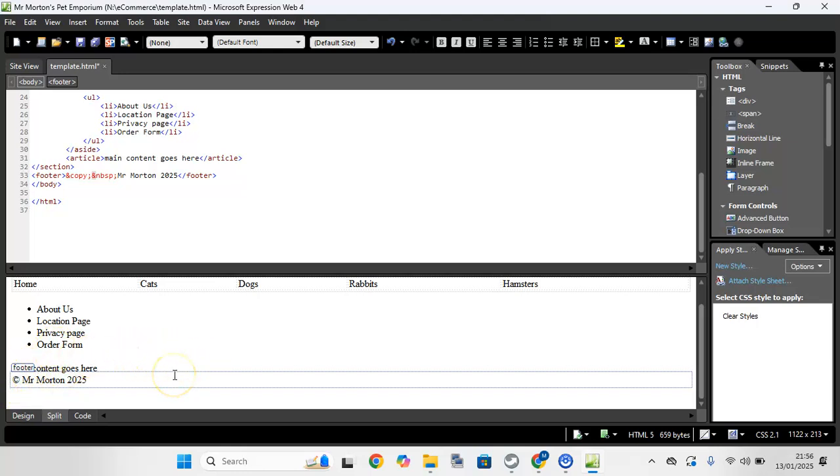So our template is now ready, and we should save that so we don't lose any work. File,